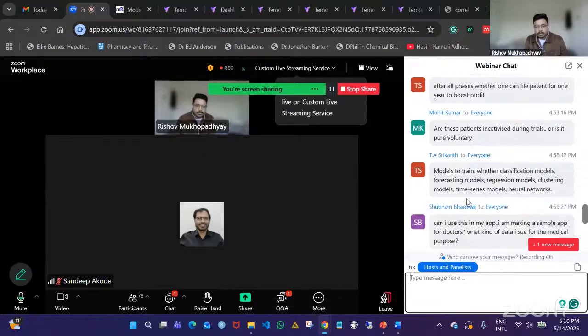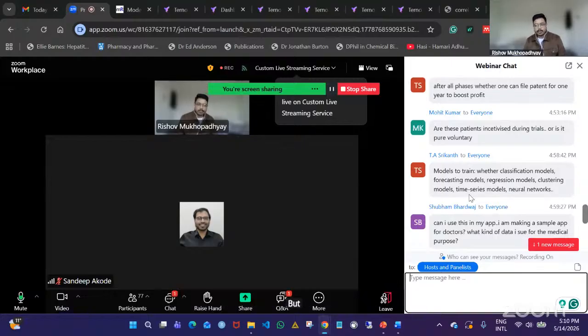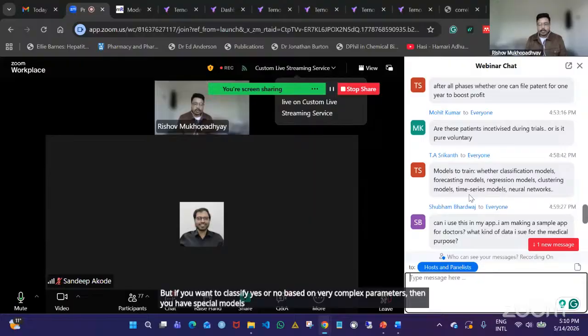Forecasting models, clustering models, times models to train, weather classification, forecasting, regression, clustering. This will also depend on your research question, right? What you want to look at. If you want to classify yes or no, then definitely we have classification models. But if you want to classify yes or no based on very complex parameters, then you have special models, which I will show here. Time series, yes, if you want to look at how a drug is or how a